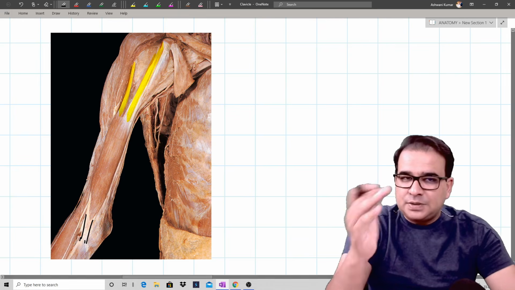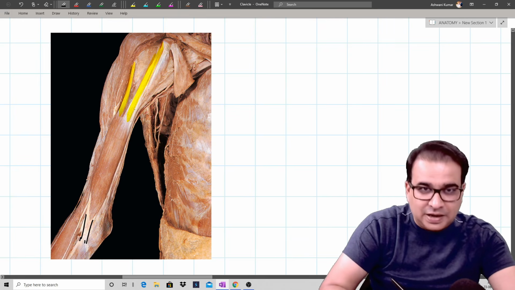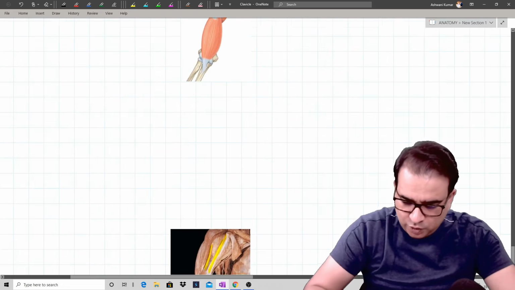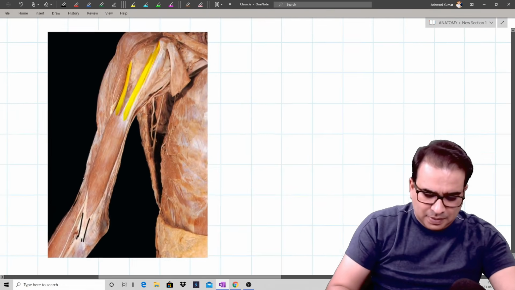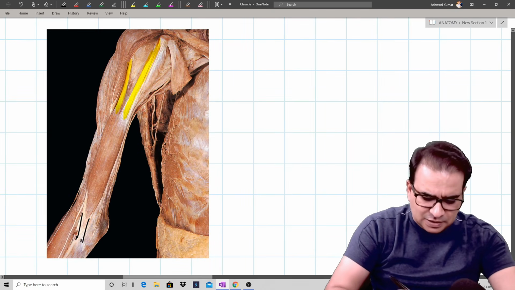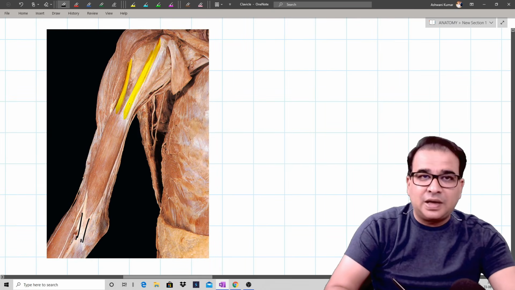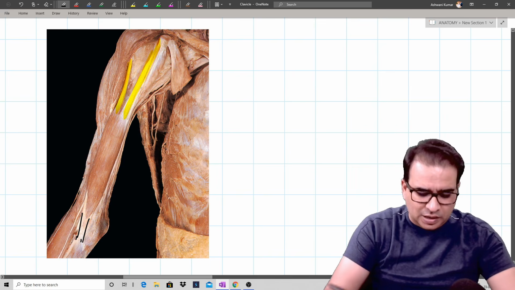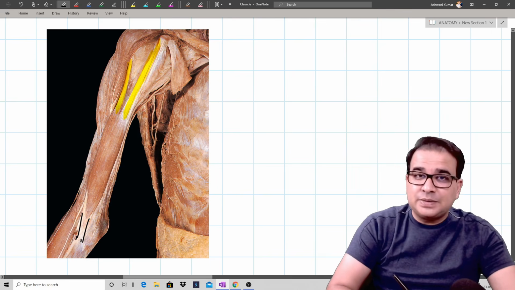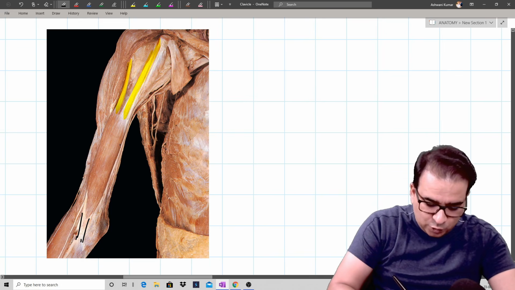Once I remove this biceps brachii short head, I don't know if I have that picture with me here. No, I don't. But guys, there are pictures given in the atlas in which they've removed the short head of biceps brachii to show the coracobrachialis muscle more clearly. Obviously, it will be seen more clearly. And if you remove the entire biceps brachii, I will also see a muscle originating from this region here, like this, and then going below to the ulnar tuberosity.